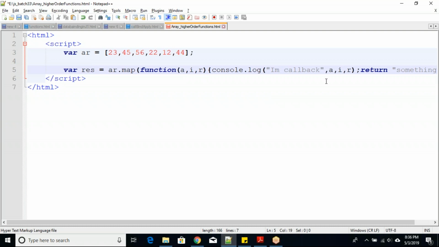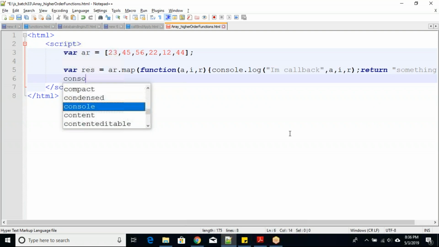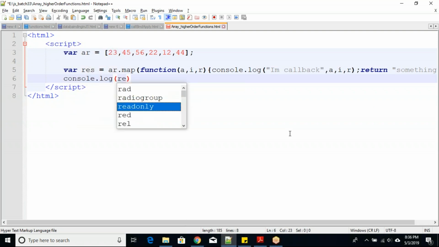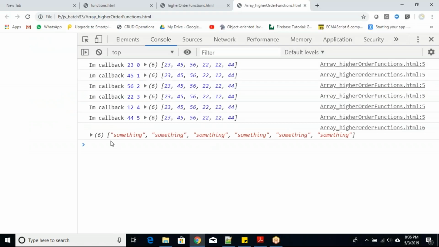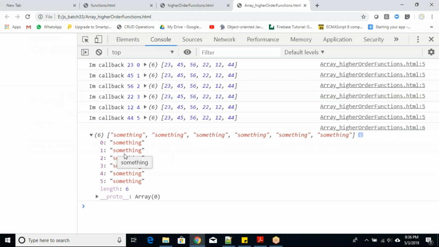So this returned something will be stored as an array. That array will be given to res. If you really want to see something here, res is going to have an array of something.